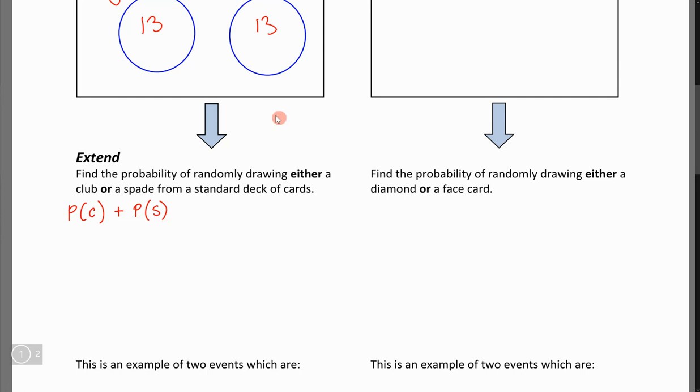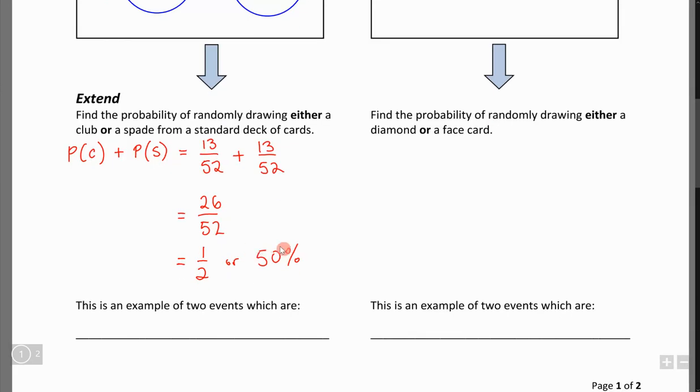So the probability of drawing a club is 13 clubs out of a deck of 52, plus the probability of drawing a spade, which is 13 spades out of a deck of 52. So 13 is the number of successful outcomes of my event, and 52 is the total number of possible outcomes. I add these two fractions together. I have 26 over 52, and in lowest terms, that's 1 over 2, or 50%. So there's a 50% probability of drawing a club or a spade from a deck of